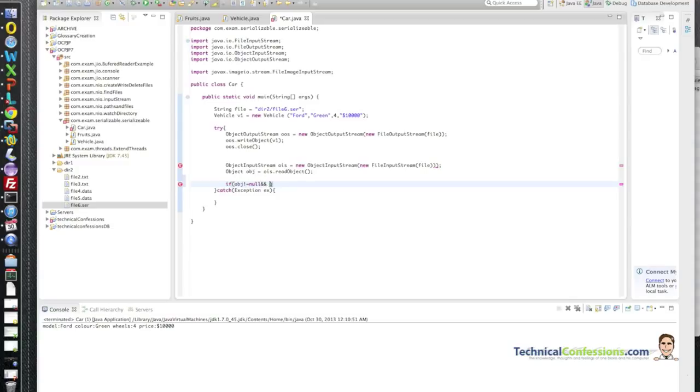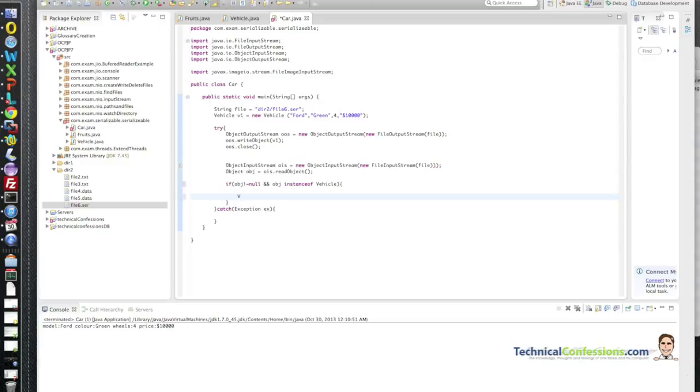And let's say, well, we need to make sure that the object is an instance of the vehicle. So first of all, we're making sure that the object isn't null, and we're also making sure that the object is an instance of the Vehicle class. And if it is, we'll do a